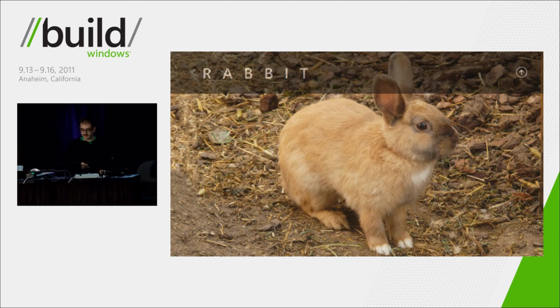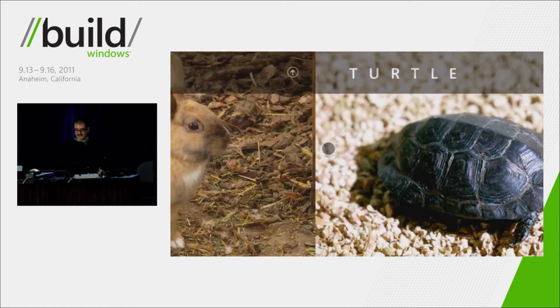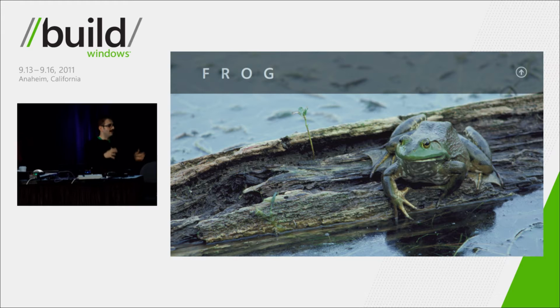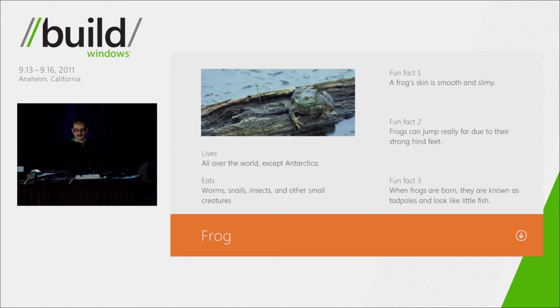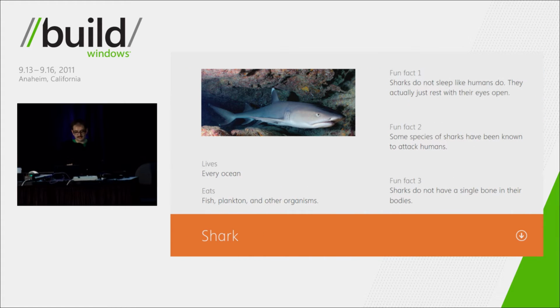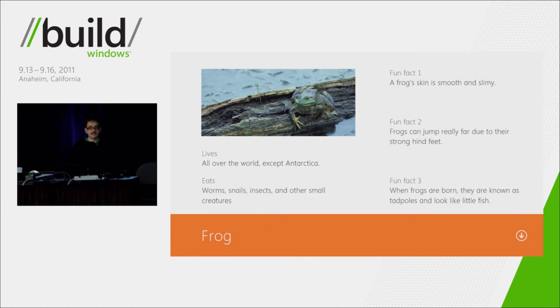So let's go click on animals, rabbit, and turtle, and shark, and so forth. They had this kind of set of data. You can see there's more information about each item, actually. So I tap there, and I get this different view on it. And you can see everything has an image. It has where it lives, what it eats, some fun facts, this kind of templated data about each record in